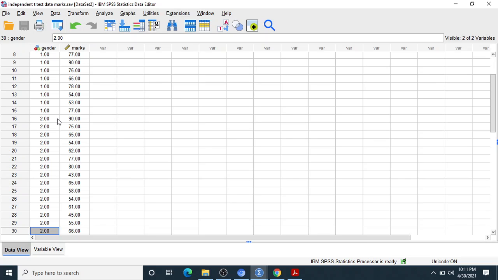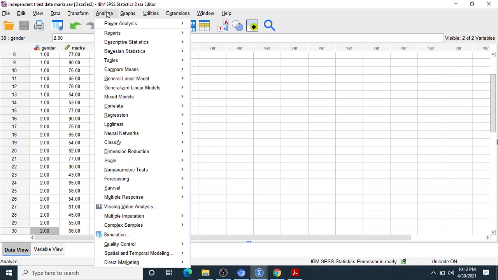The point is, why do we use the Mann-Whitney test? Because the data is not fulfilling the assumptions of the independent test. And what are the assumptions of the independent test? The data should be normal and the homogeneity factor should be there. So let us start. First of all, we have to check these two conditions, the normality level and homogeneity level. Then we go for the independent t-test.